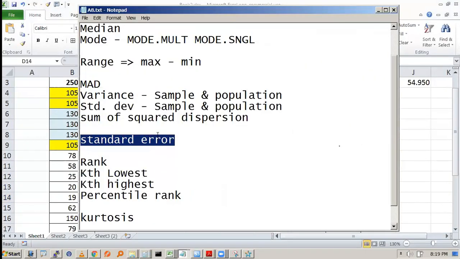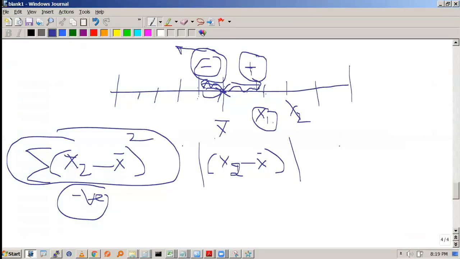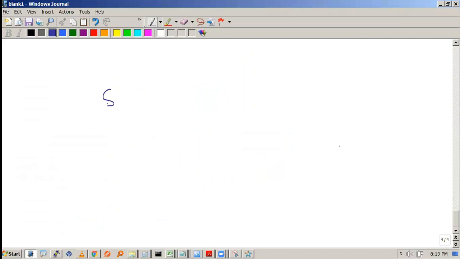Even though this is descriptive statistics, I want to cover something called standard error. Standard error is mostly used in inferential statistics. But what is the standard error? If you see the formula, it is some kind of error. Error is like when you are estimating something, some error will come. As of now, standard error is just given as sigma by root n, where sigma is the standard deviation.